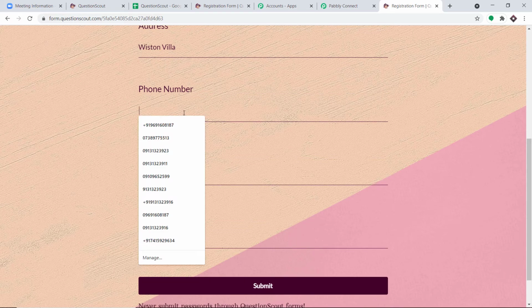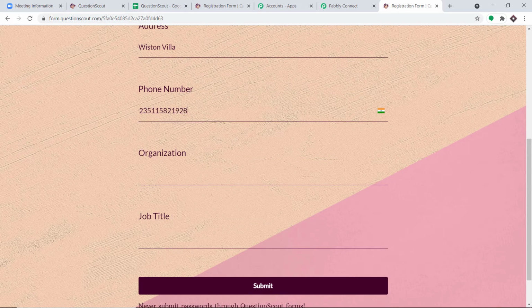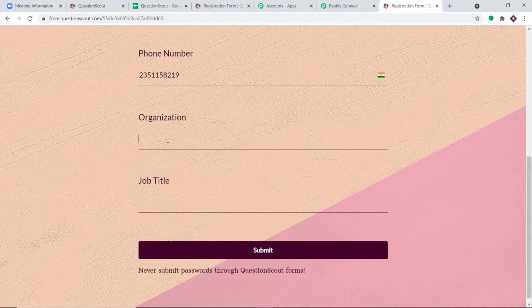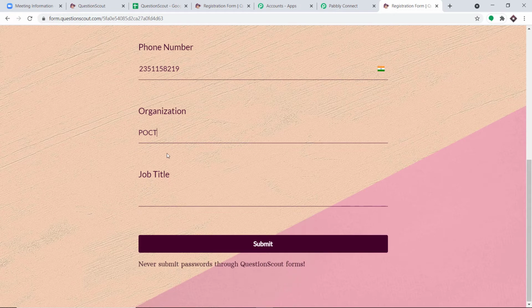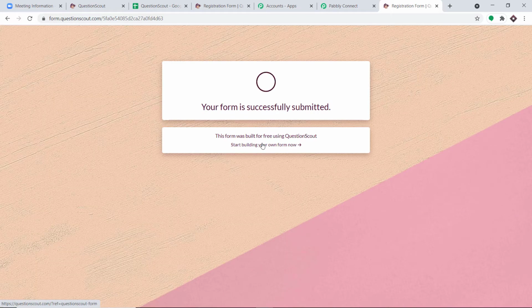And this is the phone number of Johnny Depp, a bunch of random numbers, that's all. Then we have the organization as POCT, Pirates of the Caribbean, and this is the job title. This guy, let's say, is a pirate, but we are going with Navy Captain. Let me click on submit.